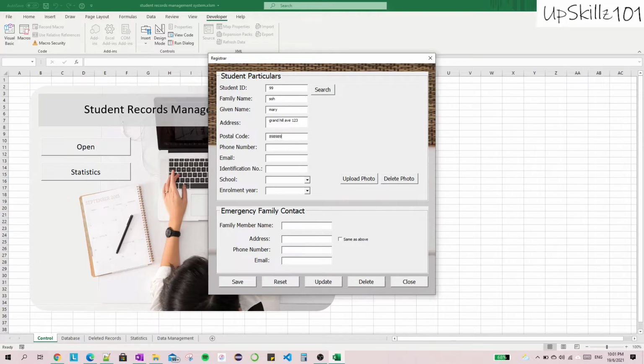Postal code, right? And number. Okay. Email. So in this course, I'll also show you guys how to do simple email verification. Okay, identification code,